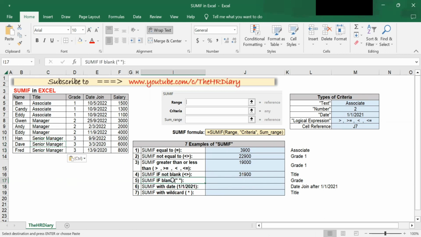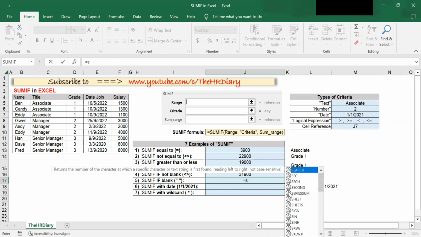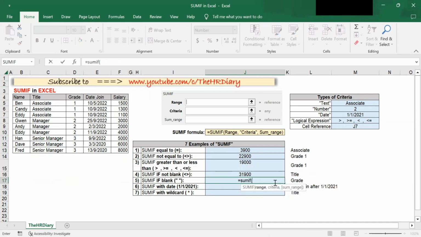And go to example 5. Now I want to do sum if blank. For sum if blank, you need to use double quotation marks here as the criteria. So this is the formula. You type equals sum if, open bracket, and I select the grade column as my range, followed by comma, and I type in the double quotation marks, comma, and select the range to sum, which is here,